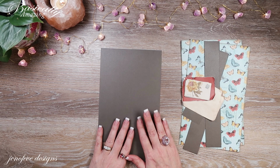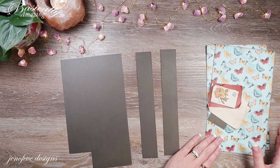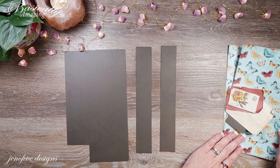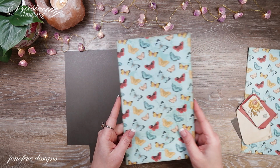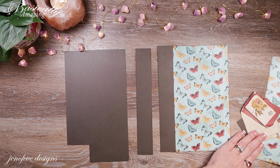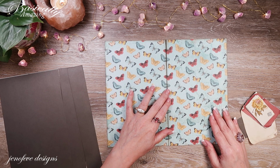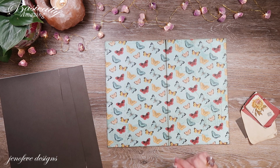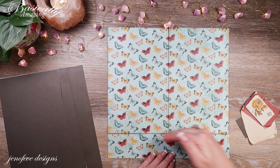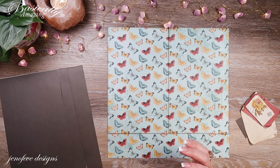We'll see. So I used this dark color here to make the strips to go on the inside of the journal covers, so that it made these pieces longer. So it looks like it's a bigger piece than it is. This was the 12 by 12, so they're cut in half this way, and then the bottom piece is right there. So I traced the bottom of the mat for the cover,